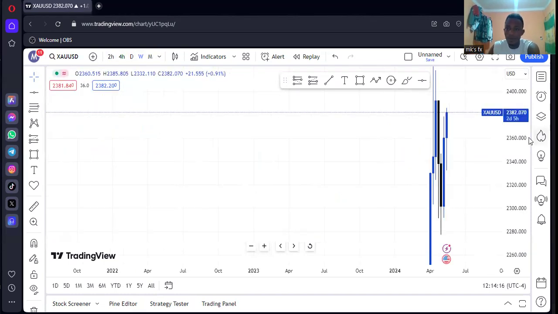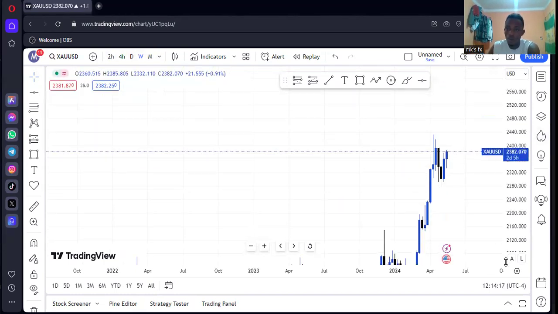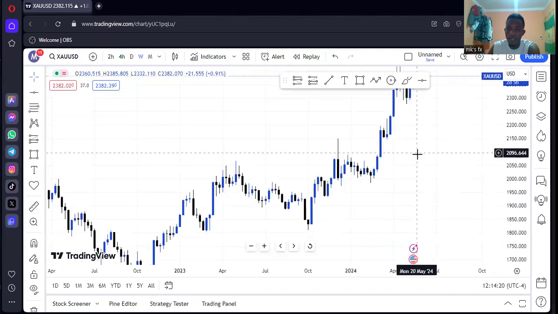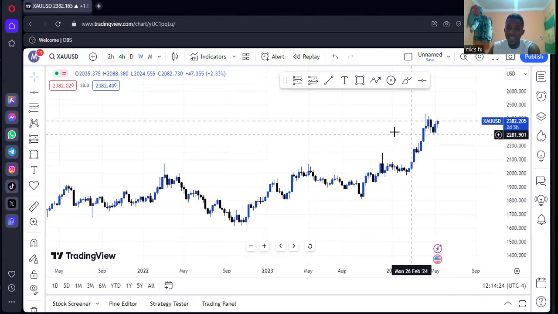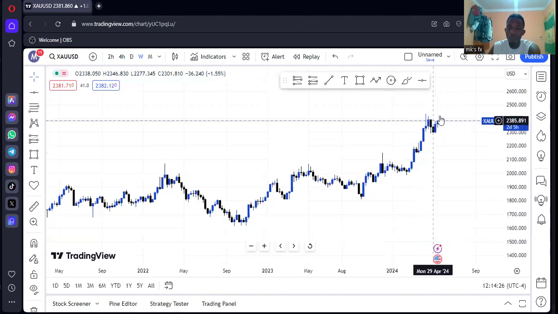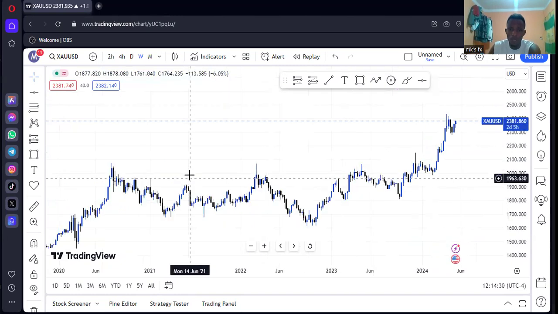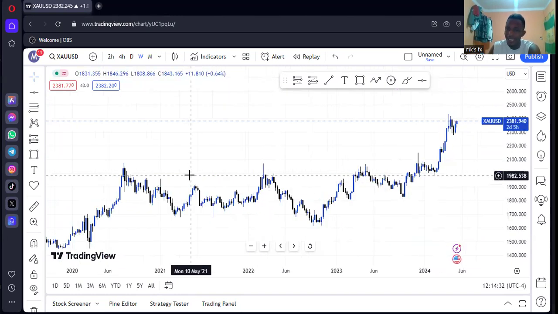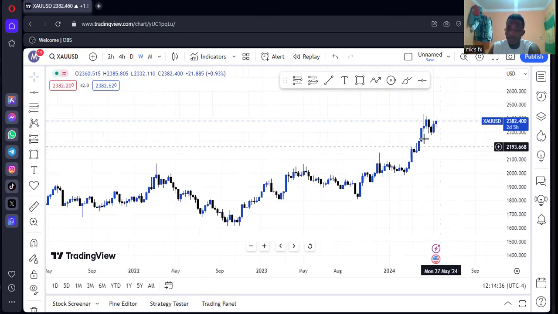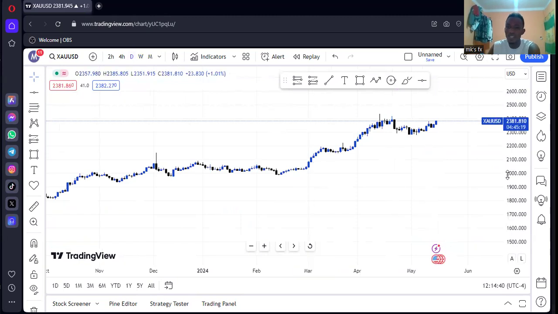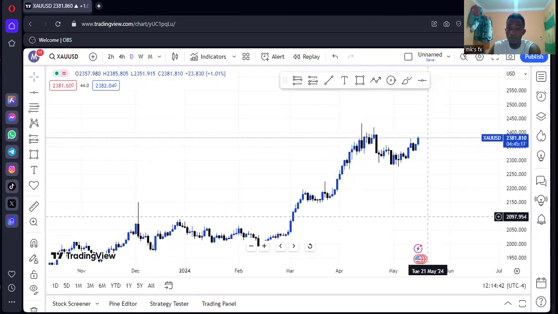Now, what is the weekly time frame saying on gold? All right, on the weekly time frame, we can see a clear uptrend on gold, like gold is buying up. But why am I selling? That's the question. So on this time frame, there are no key zones marked, so I'm just going to go to the daily to see if I can have more information.